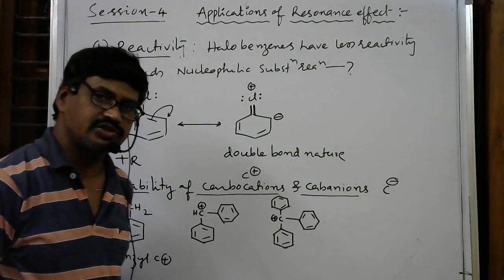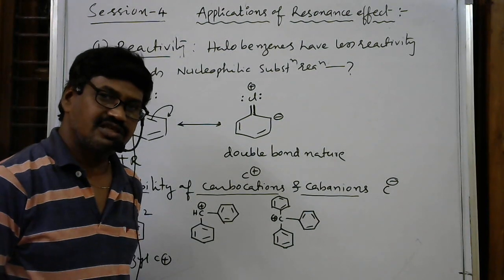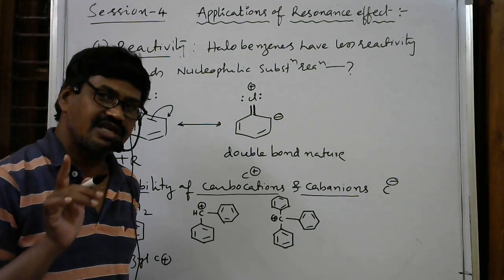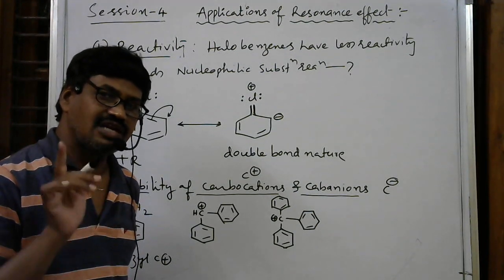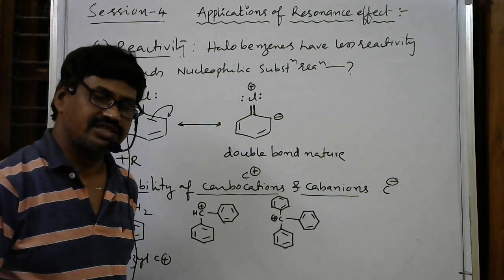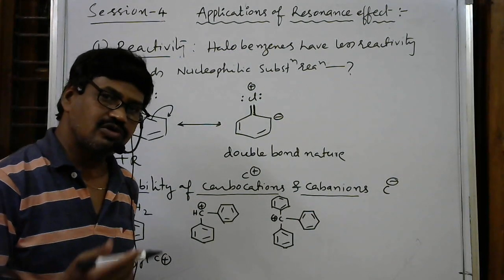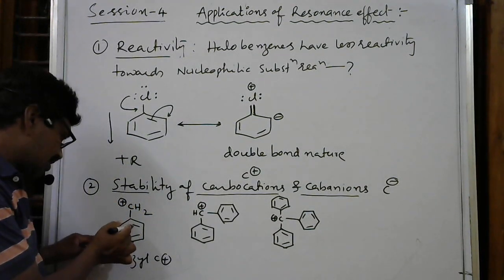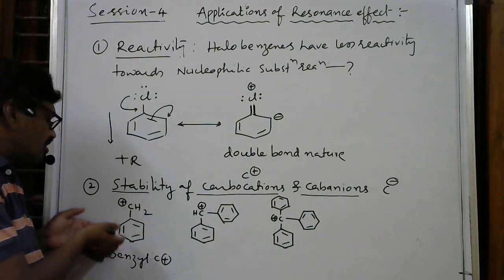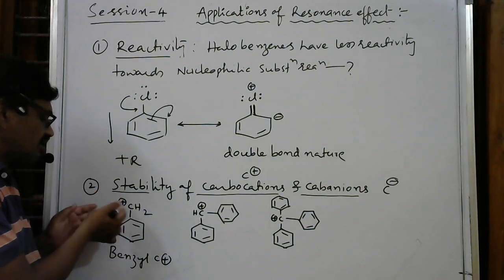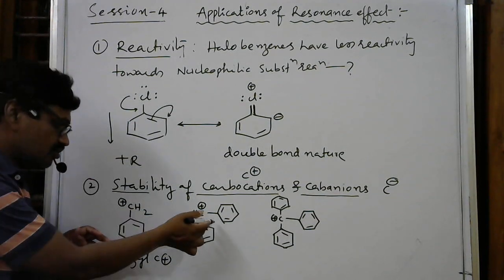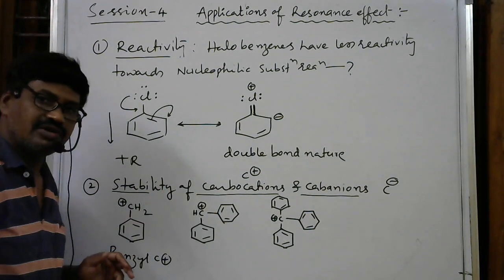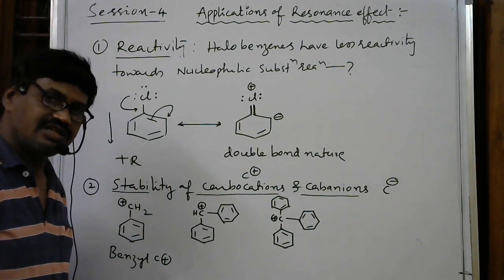Whenever a charged species is produced, as we discussed in previous sessions, the formed charge must be compensated, because the charge on that particular carbon atom must be nullified or decreased to zero. More compensation means more stability, less compensation means less stability. Here only one phenyl ring is giving electrons to this positive charge, so it is stable but not as much as this one. Here, with two phenyl groups, because of the positive charge, single bond, double bond, like this we can also expect conjugation and resonance.